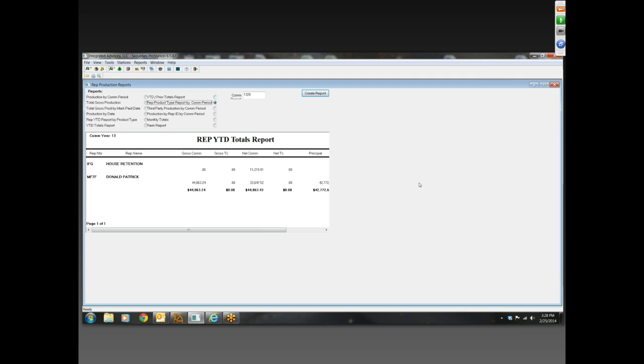There's an ad hoc report writing feature in here. Quite frankly, it's not very simple to use. I mean, if you've got a SQL background, you can figure it out. But it's the easiest thing to do is if you see a report in here and it's not exactly what you want,